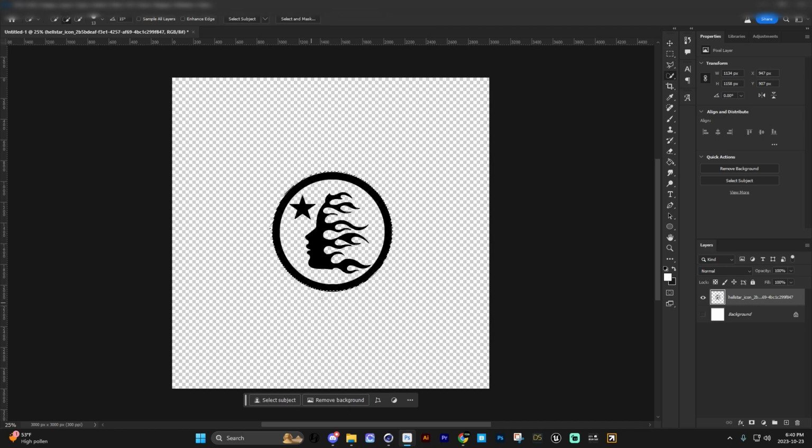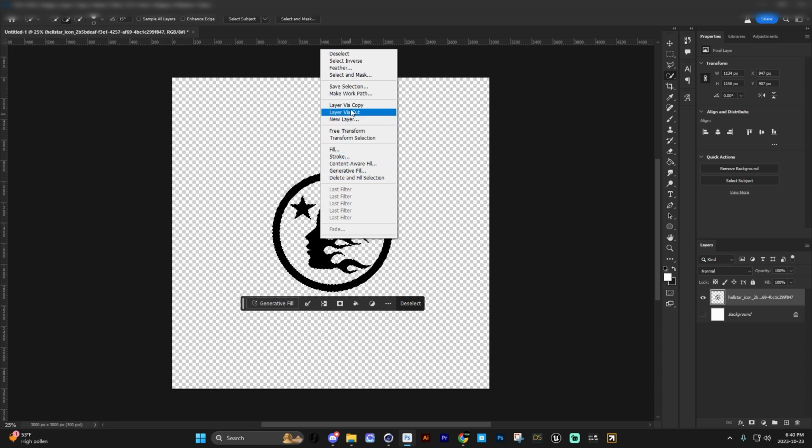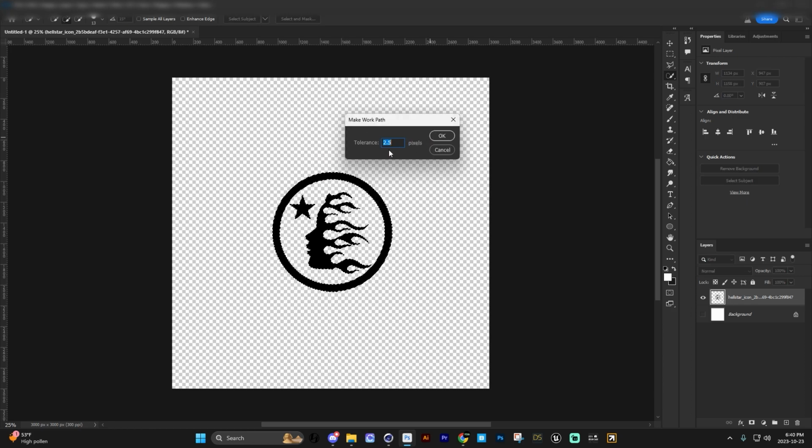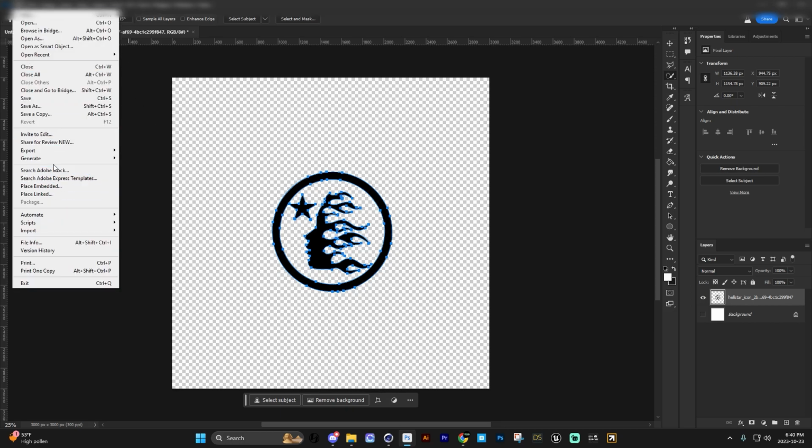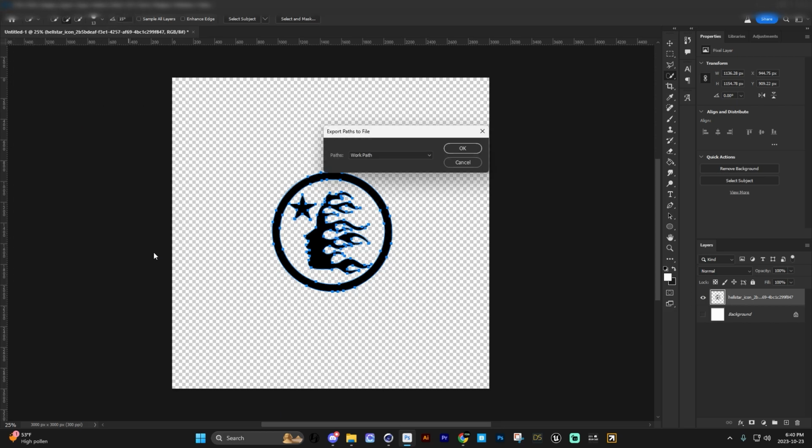Once that's done, I can select the whole thing now, and then I just want to right click it and click make work path, 2.2 pixels. That just works for me. Again, don't ask me why. And then we go to export, paths to Illustrator, press OK. We can make a new folder.